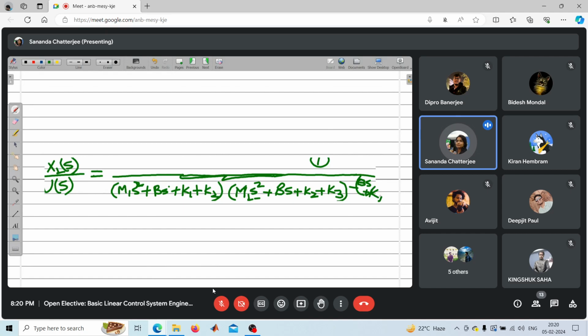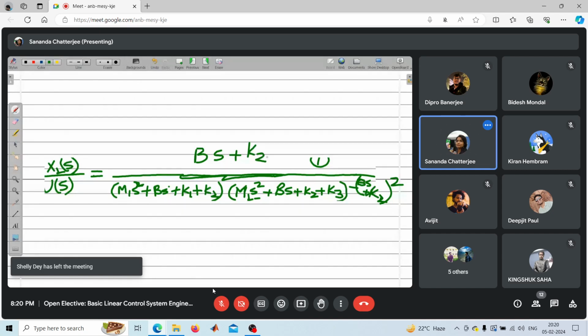So this is bs plus k2 whole square, and in the denominator, numerator, it will be bs plus k2. This is the u to x2 transfer function, and if we take